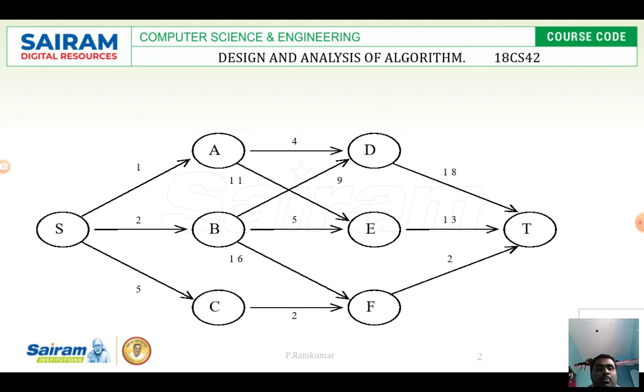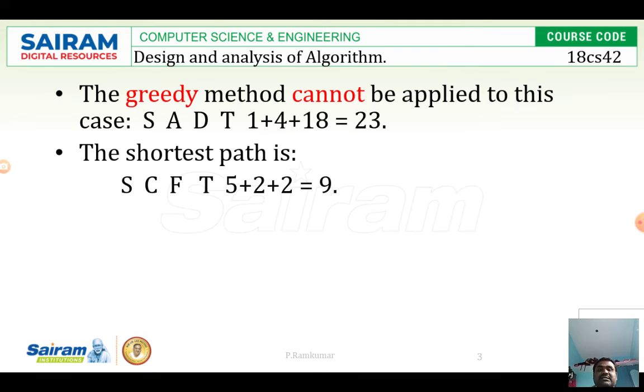Then we have to move backwards. Moving backwards means now I am in the third stage. In the third stage there are three different vertices, D, E, F. So I have to compute the cost of each and every vertex to the destination. According to that, cost of 3 comma D will be 18, cost of 3 comma E will be 13, cost of 3 comma F will be 2. The subsequent slide explains this.